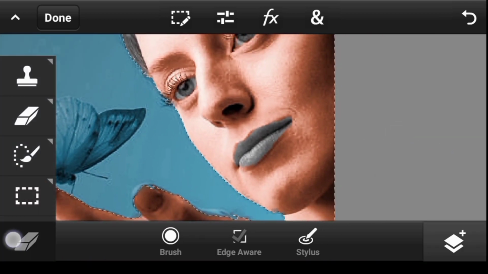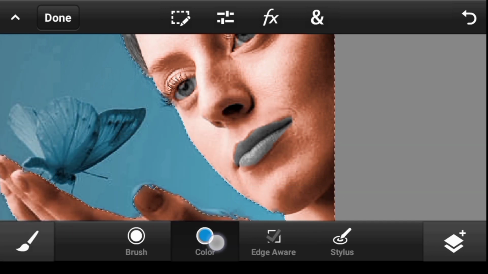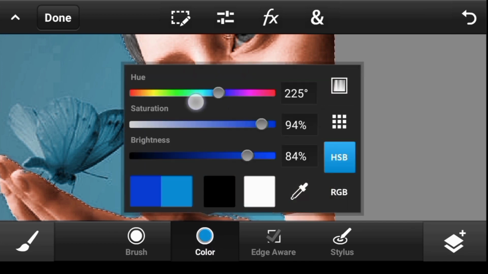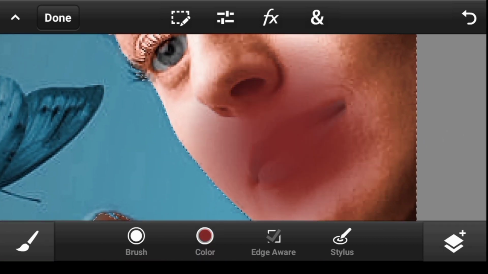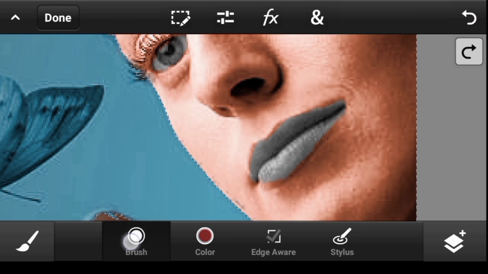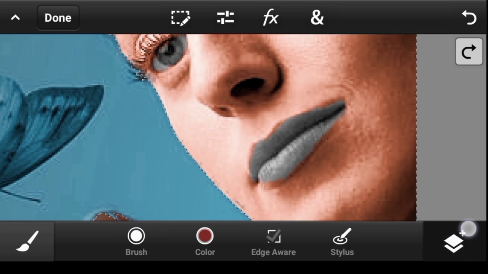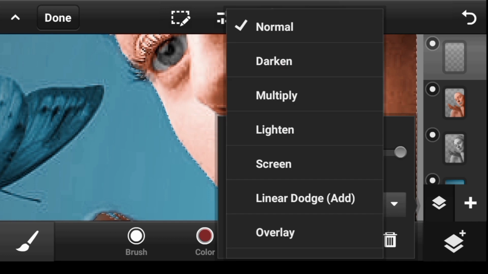This time I'm going to use the brush, so you click on right here, scroll to the top, and you see your paint tool. So for the color, I think red would be okay, so I'll take this to the red, make it a bit darker and a bit desaturated. So once you are done, you can brush around it. Oops, let's reduce the size like so. And let's also change the blend mode, so click here, change it to overlay,